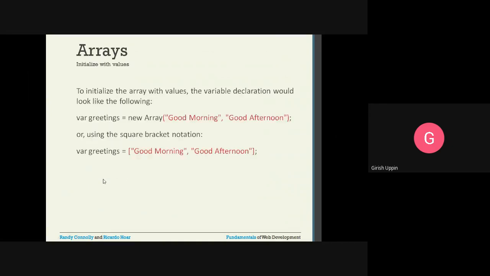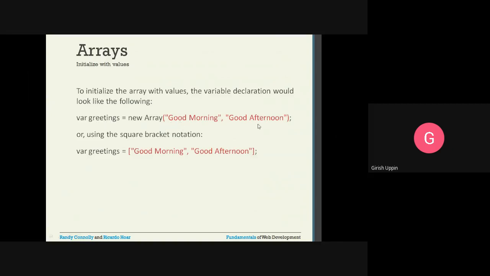How to initialize the array with values? Suppose you want to do the declaration of the array as well as the initialization together, then we can use this way: var greetings is equal to new Array, and we have two values. So this array is created with two values.